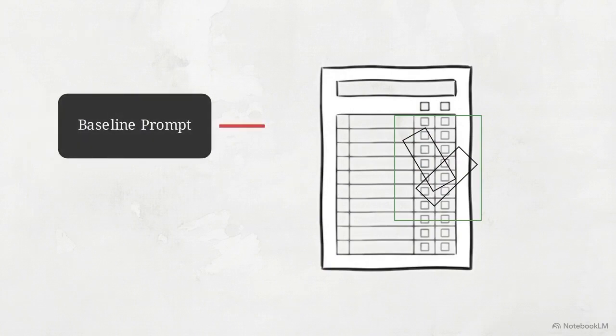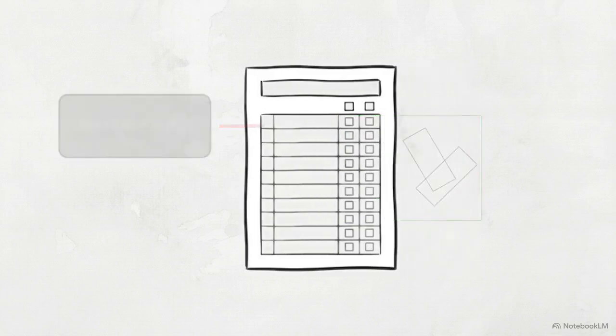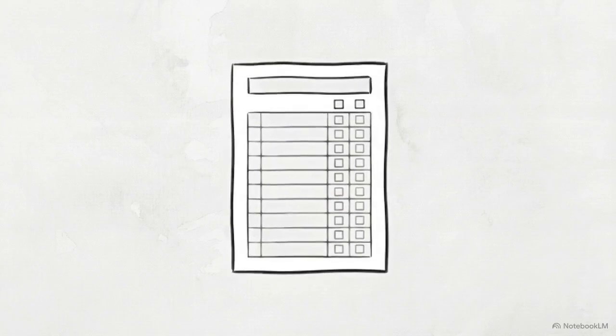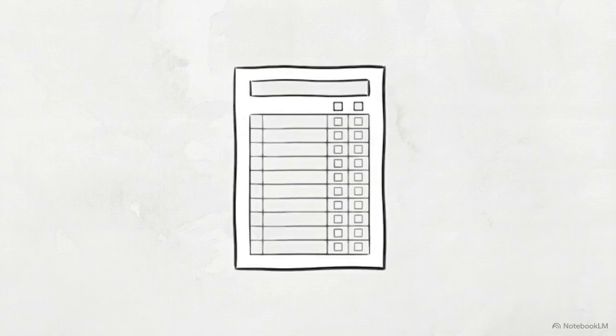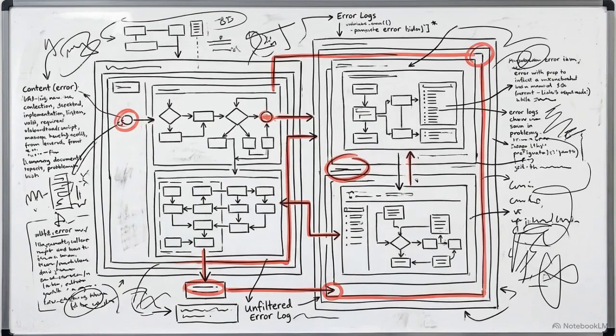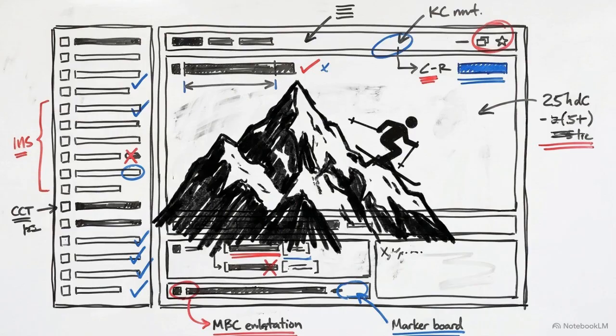If we provide these images to a model with a baseline prompt, it fails. Because it sees Swedish text and a specific document layout without any provided context, it interprets the visual data through its broadest training associations and identifies this as a skiing accident. This failure happens because the model is operating without guardrails. It attempts to resolve the ambiguous Swedish text and the document structure by defaulting to its highest probability guess, which leads to a confident hallucination.